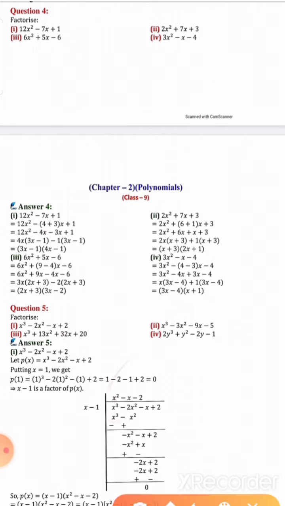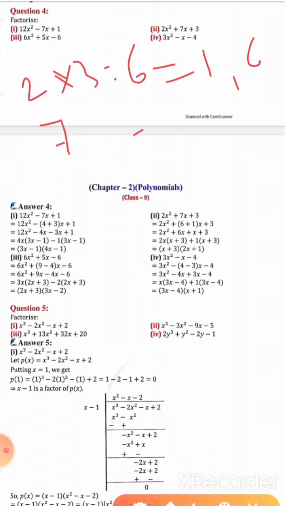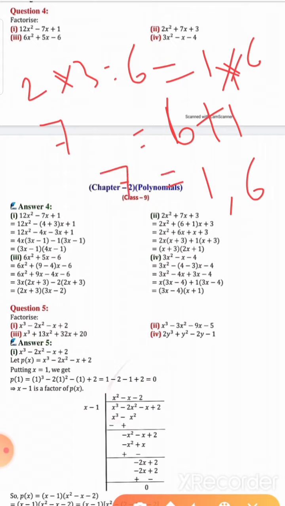By the method, first we multiply 2 into 3, we get 2 3s are 6, and the middle term is 7. So we find the factors of 6. For the factors of 6, here we use 1 and 6, meaning adding 6 and 1 we get 7 and multiplying 1 and 6 we get 6. So these two numbers we use to split our middle term.